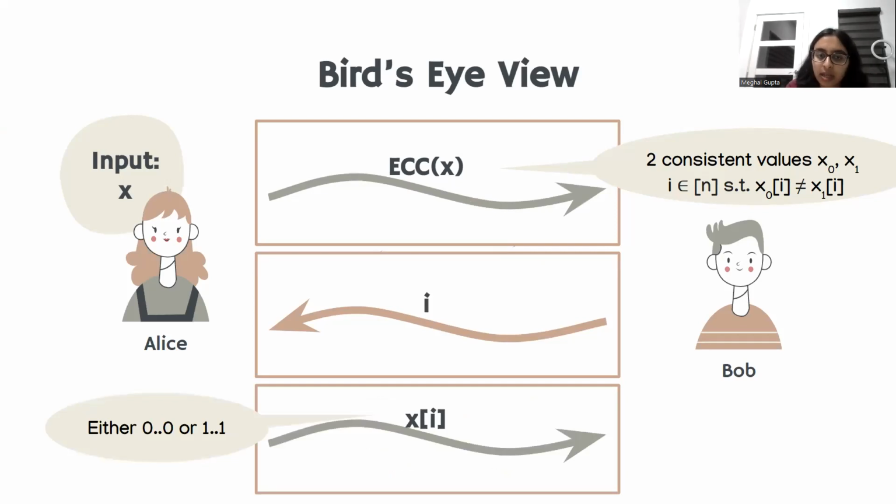Then finally, Alice is going to send over Xi. And because Bob knows that X is either X0 or X1, and both those values differ on the index I, Bob will be able to successfully decode Alice's message so long as he hears at least 1 bit of the message that Alice sent. Because if he hears a single 0, then he knows that the entire message was 0, and if he hears a single 1, he knows the entire message is 1. So in fact, the final step is resilient to fraction 1 of erasure. 1 minus epsilon to be precise.